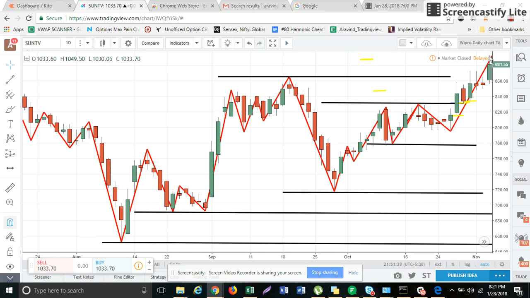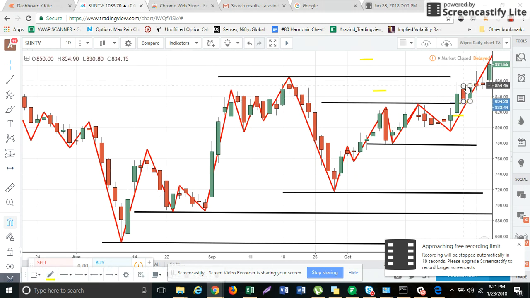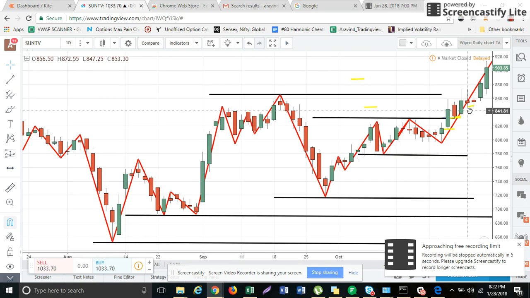It made a higher top. We will update our stop loss to this particular candle low, which is at 847.25. So let's move on to the next day. So next day, another higher top formed, so we will just move our stop loss